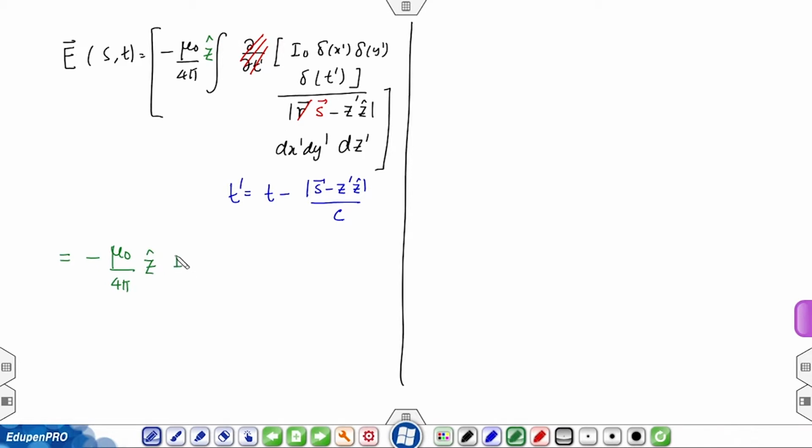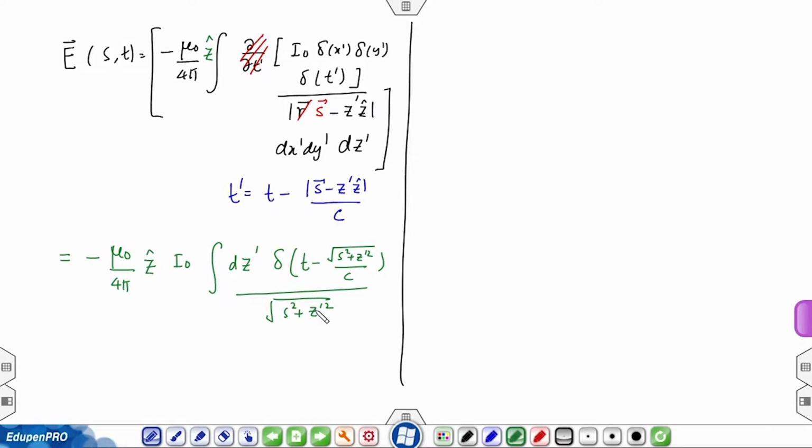Z I naught comes out, and delta x prime and delta y prime get integrated over dx prime and dy prime. So they go out of the integral, and I have only the dz prime integral over delta, which is going to be t minus the distance, now square root of s square plus z prime square over c, divided by square root of s square plus z prime square. That is my answer,